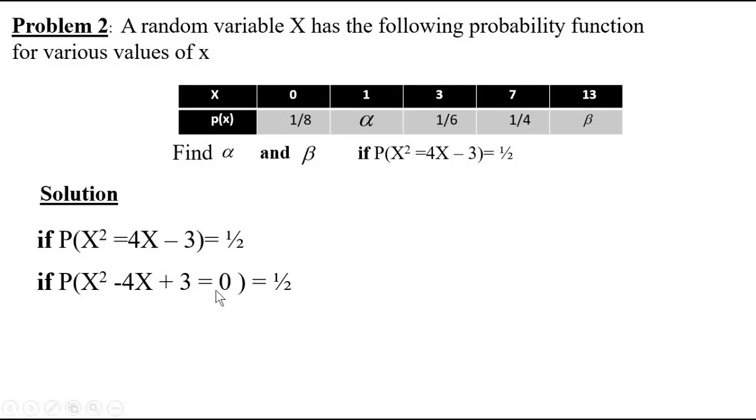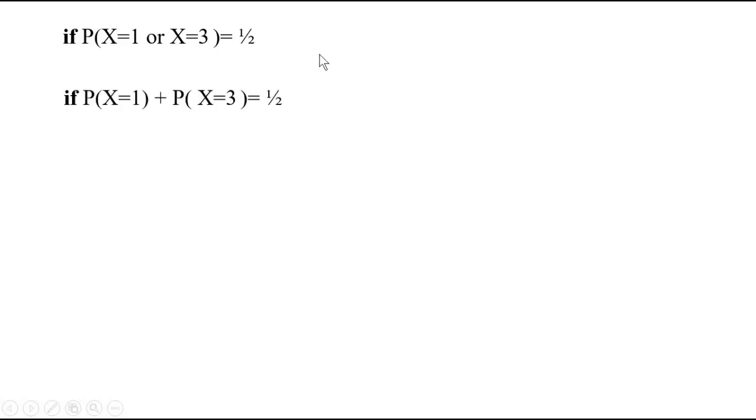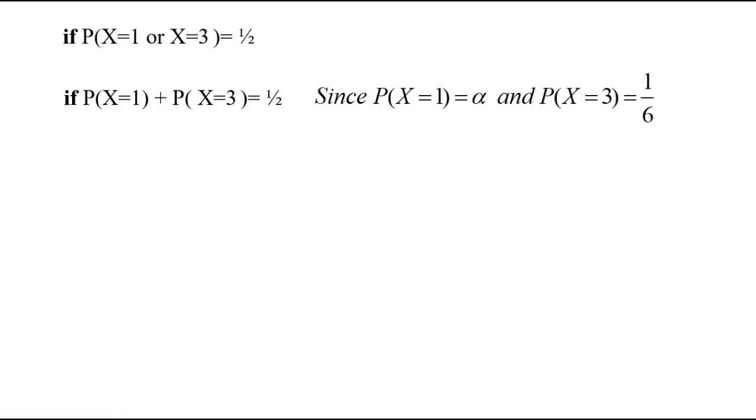Solve the equation within the brackets. So you will get x equal to 1 or x equal to 3. Rewrite the equation again. So here we are going to find out the condition that probability of x equal to 1 or probability of x equal to 3 is 1 by 2. Since we are having an OR condition, we are going to add these two probabilities. And from the table, probability of x equal to 1 is alpha and probability of x equal to 3 is 1 by 6. Therefore, adding these two, we get the value of alpha, but we don't know the value of